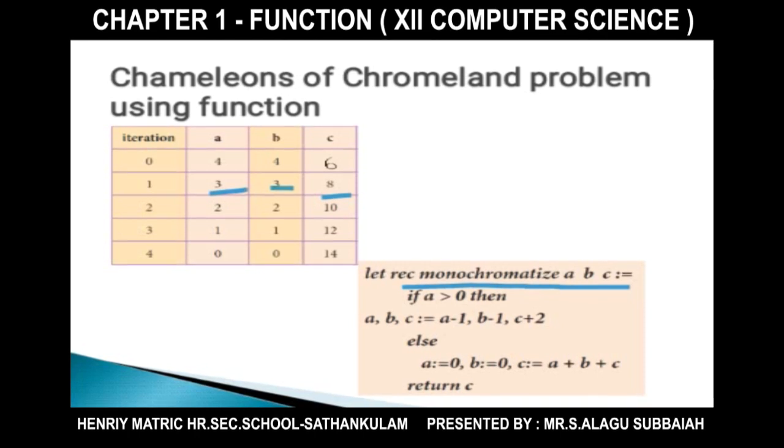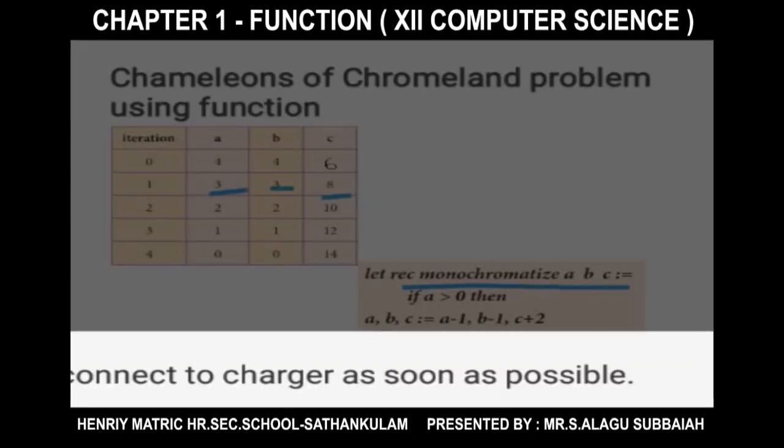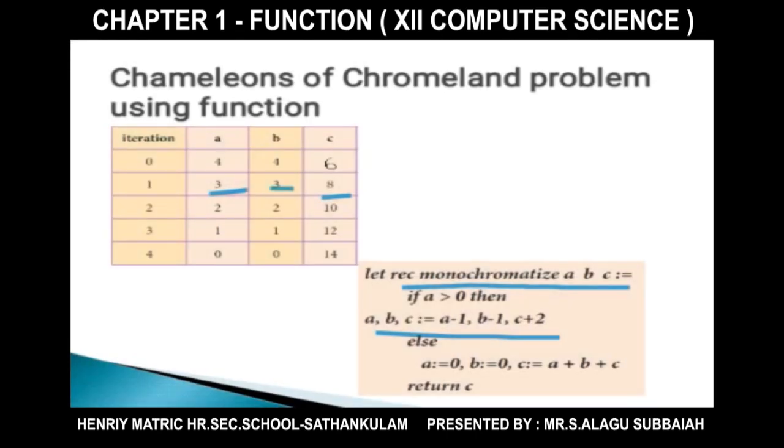If a is greater than 0, suppose any A type Hamiltonian is there, then the process will continue. Then the a, b, c values are like this: a is reduced by 1, b is reduced by 1, and the c type Hamiltonians increase by 2.